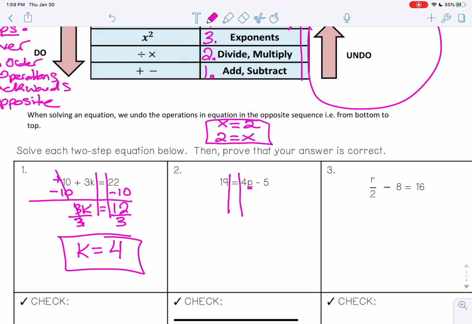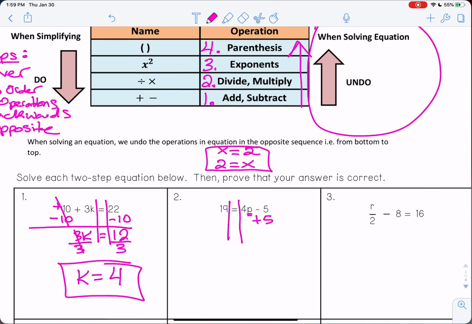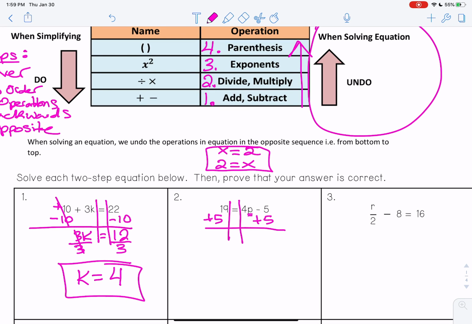So we drew our river, and now we're going to do order of operations backwards. We have 4 times p, and then we have a minus 5. So if I'm going backwards, subtraction comes before multiplication in order of operations. So I'm going to do the opposite and take care of that 5 first. So the opposite, step 3, instead of subtracting 5, I'm going to add 5. And whatever I do to one side, I have to do to the other to keep the equation balanced. 5 minus 5 is 0, and we have